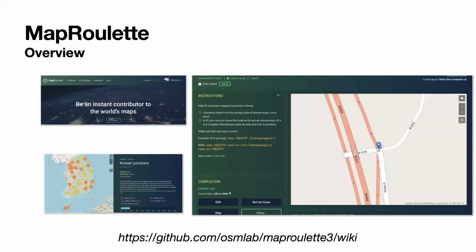Just a brief overview of MapRoulette. MapRoulette's a task management system for creating and completing micro tasks in OpenStreetMap. These tasks can range from adding tags to features, to fixing geometry errors, and even verifying ground survey work. The URL that you see at the bottom of the presentation is a link to the MapRoulette GitHub and its wiki, where you'll find loads of information on all the features and functionality that MapRoulette